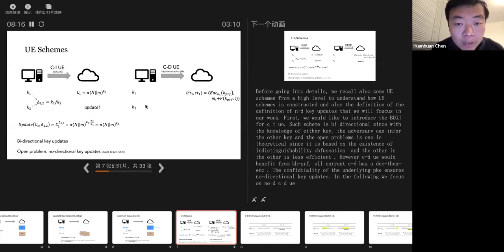For K1, the encryption generates a key for the pseudo-random function, and the ciphertext header part